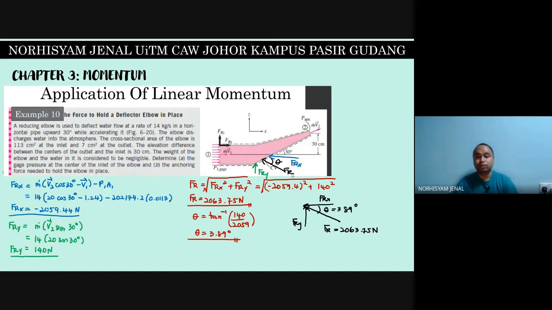Alright, so in order for me to make sure that the elbow will not pull off from the pipe, I need to make sure it is holding up to 2059 Newton of force in the X direction and 140 Newton of force in the Y direction. So if I can fix this part so that it does not move, meaning I can bolt it to the wall, for example, so that it does not move up and down, so we will have a very steady elbow that will